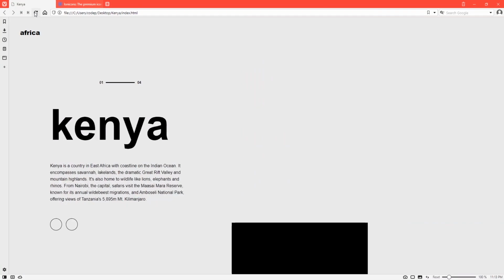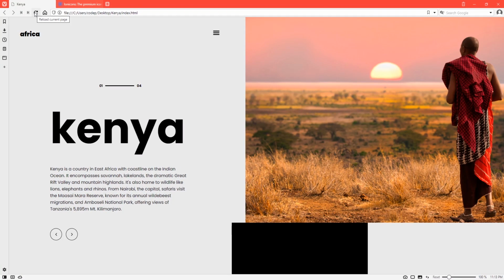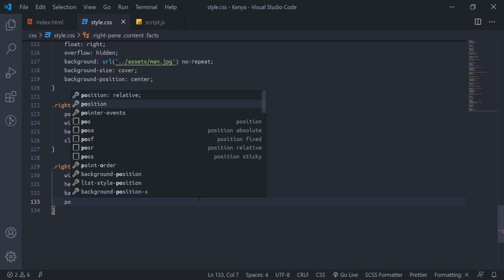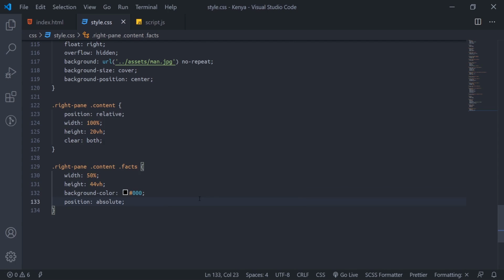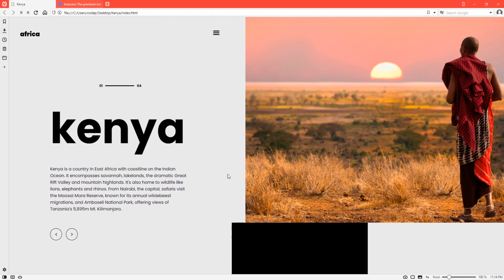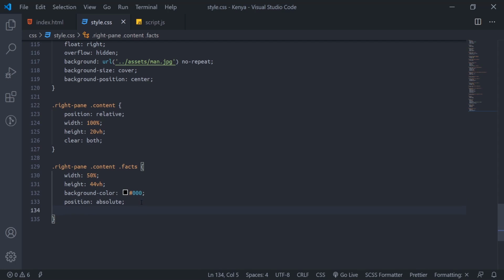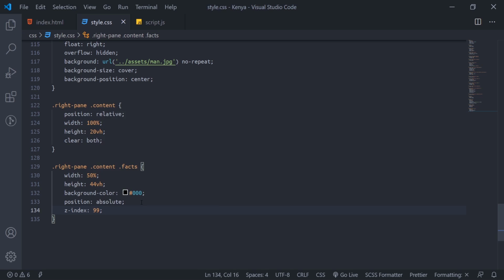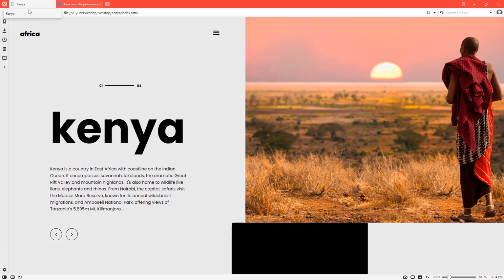So if I go back, refresh. Did this side show? Okay, it did the back. So we need to push it and come front. So we will set position to absolute first. We'll see. Refresh. Then we'll set z-index to, we'll say 99, a higher number. So if we refresh,